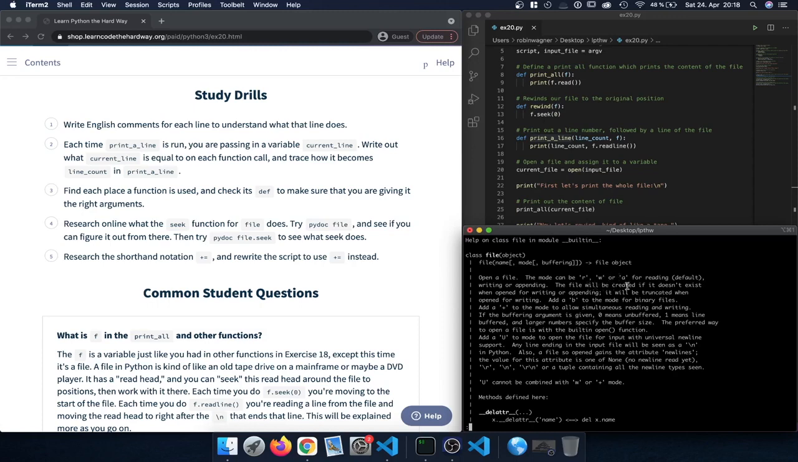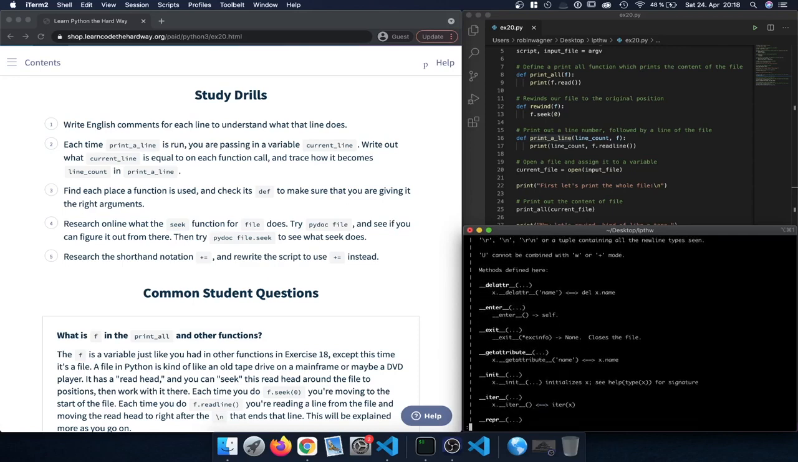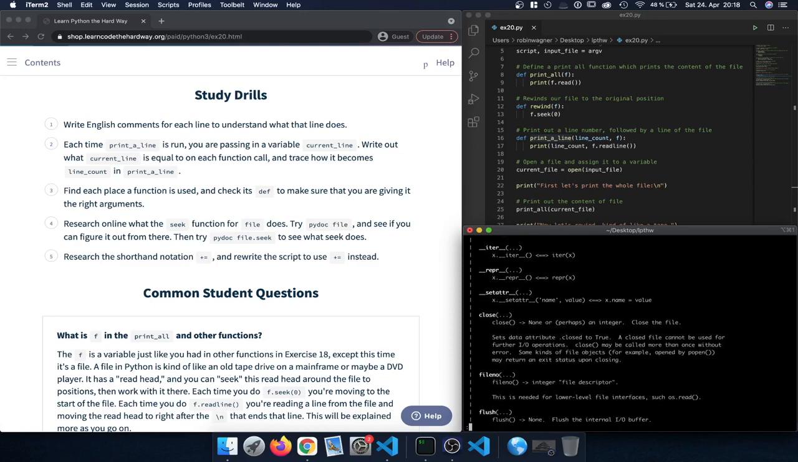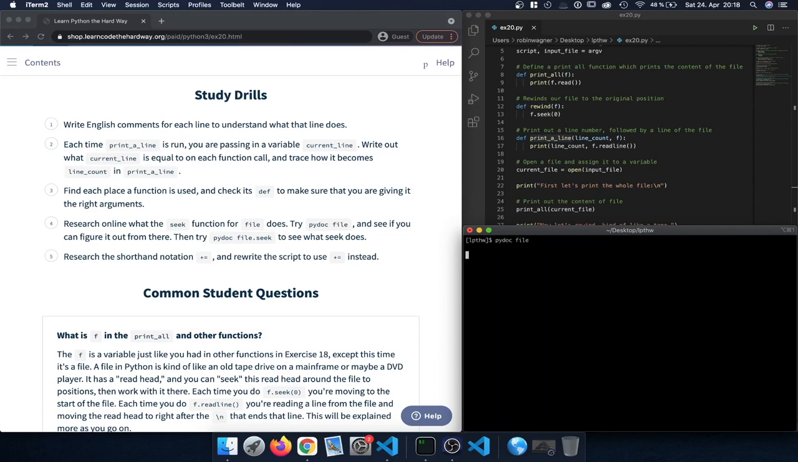And then the file will be created if it doesn't exist when opened for writing or appending, we truncate it when opening for writing, and so on and so forth. And of course, we can scroll down here and take a look at the different functions that are available, including closing the file. If we close out of this again and now open pydoc file.seek,